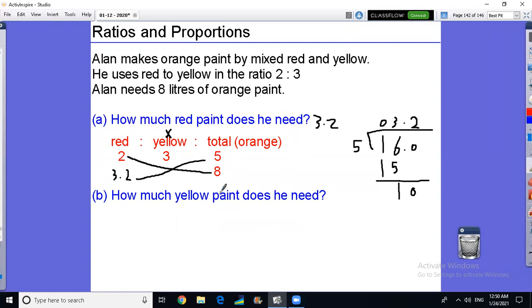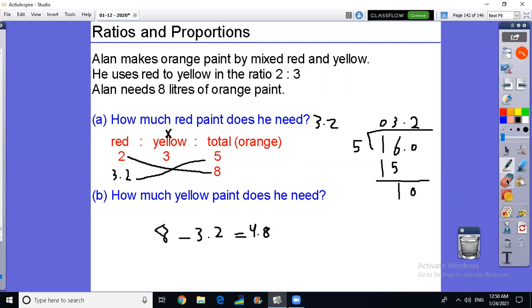Add to it something, becomes 8. Okay, now it's subtraction. Exactly. So it's just 8. You subtract from it 3.2 will give you the yellow paint. So now it is going to be 4.8. Mister, what if I rewrote the question like this and I just ignored the red and I did here